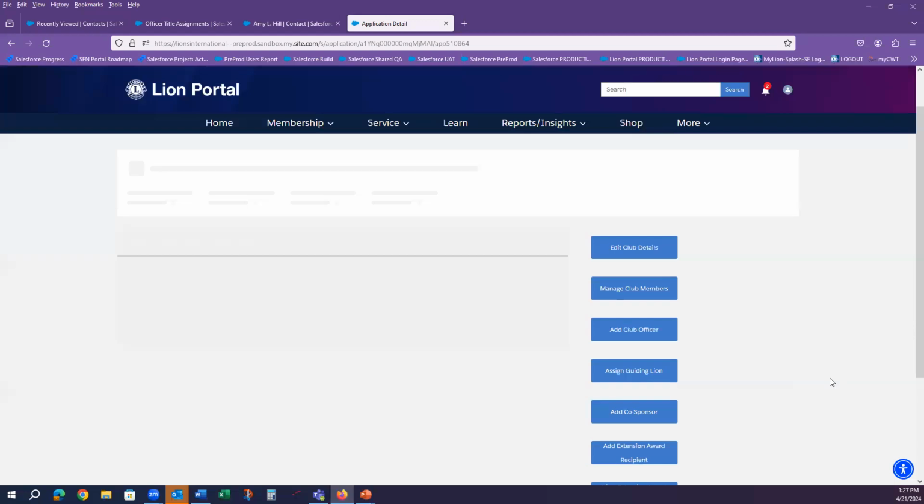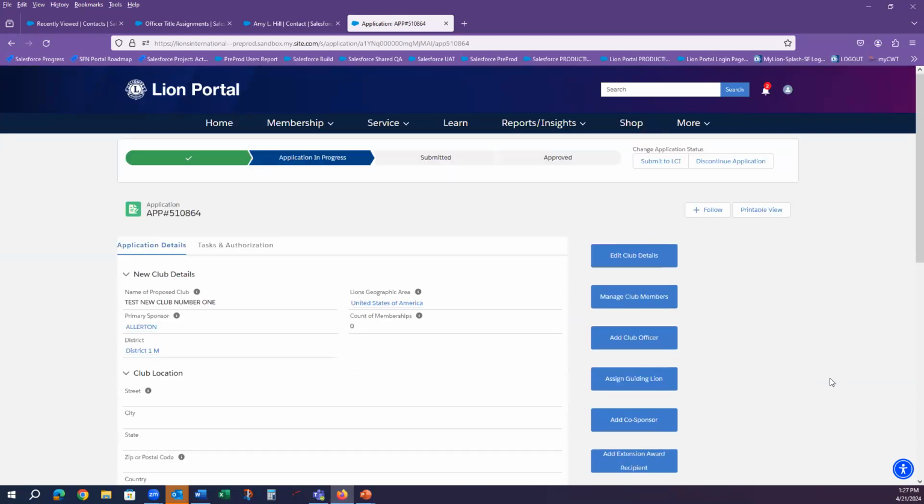The system will display the information you just entered and will open up the new club application form. Notice the top banner. This will allow you to see the application's progress and will allow you to submit it to LCI when you are ready, and also discontinue the application should that be what you need to do once you've started one. The form details are on the left, and you'll use the buttons on the right to begin